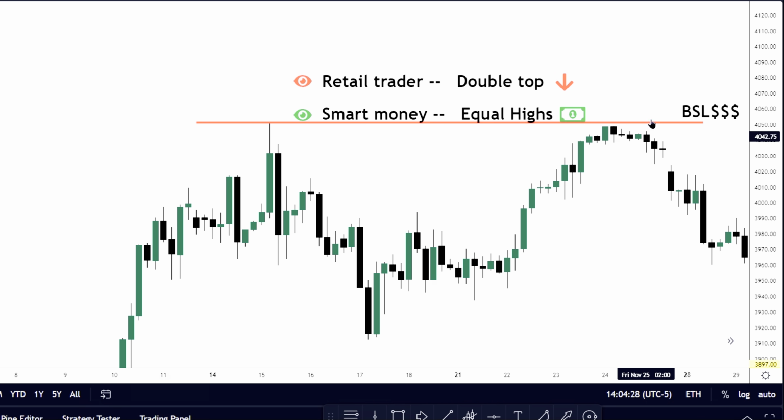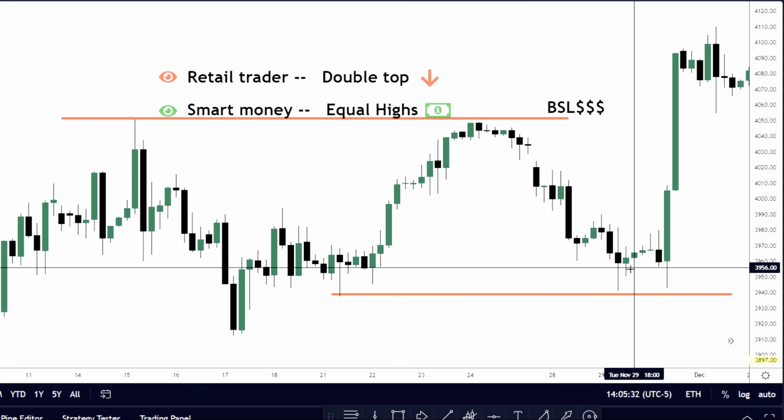Because now anyone that was short from here or here and saw it get rejected a little bit has been adding on new positions. And where are they going to put their stop? Right up here somewhere. And now this is a buy side liquidity pool. We call it buy side because if you're selling short, your stop is going to be a buy stop. It's going to be buy stops.